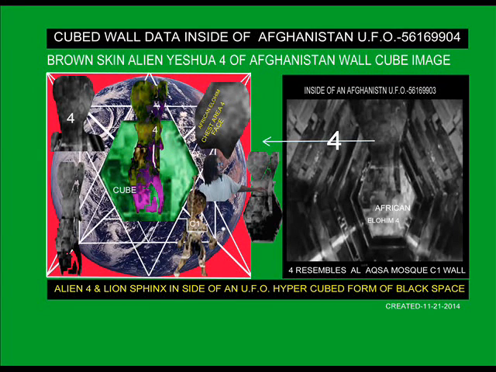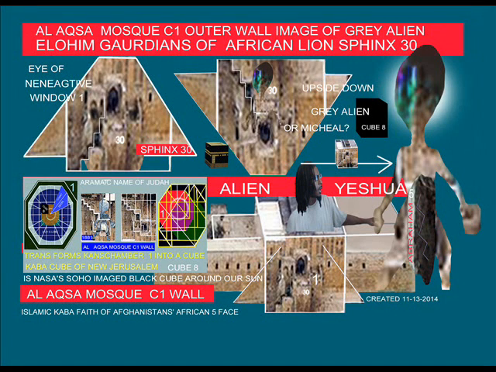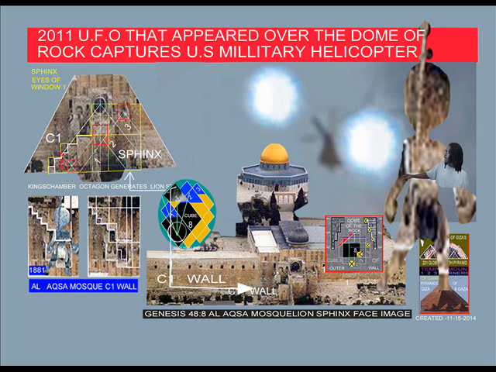Now when we talk about the X and Masonic square of the Giza pyramid square base, we see the astrogeometric emblem of masonry. Now the Masonic emblem is generated from the Iranian Masonic Ziggurat square. Now when we talk about the Iraq U.F.O that landed in Iraq in 2014, we see ancient African prophets' faces upon the outer surface of the Iraqi U.F.O, along with gray alien